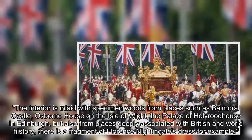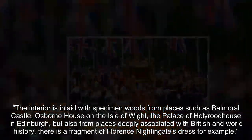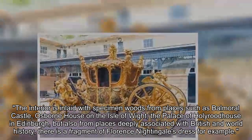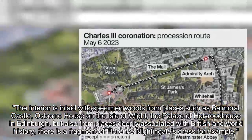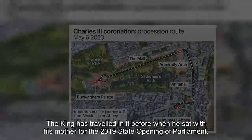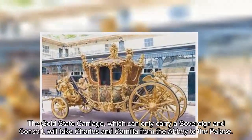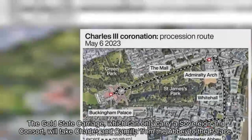The interior is inlaid with specimen woods from places such as Balmoral Castle, Osborne House on the Isle of Wight, the Palace of Holyroodhouse in Edinburgh, but also from places deeply associated with British and world history. There is a fragment of Florence Nightingale's dress, for example. The King has travelled in it before when he sat with his mother for the 2019 state opening of Parliament. The gold state carriage, which can only carry a sovereign and consort, will take Charles and Camilla from the Abbey